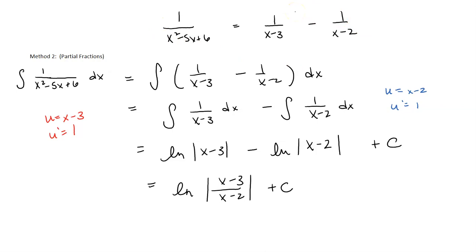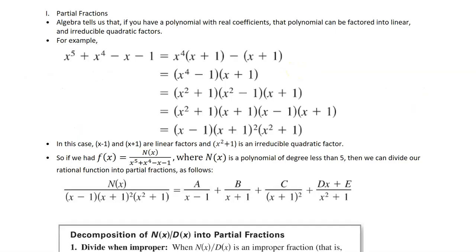So what we're going to talk about is how to take something like this, 1 over x squared minus 5x plus 6, and break it down or decompose it into its partial fractions so that you can integrate using the natural log rule. From your studies in algebra, you may recall that if you have a polynomial with real coefficients,